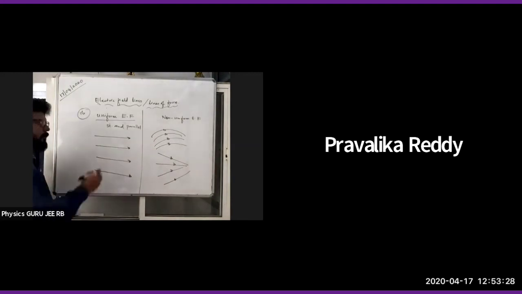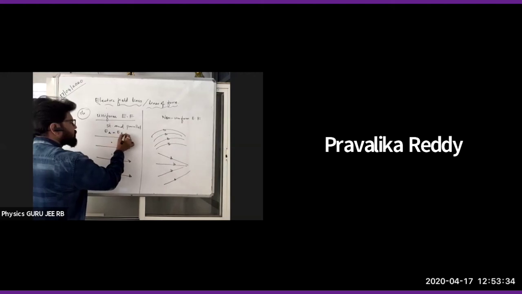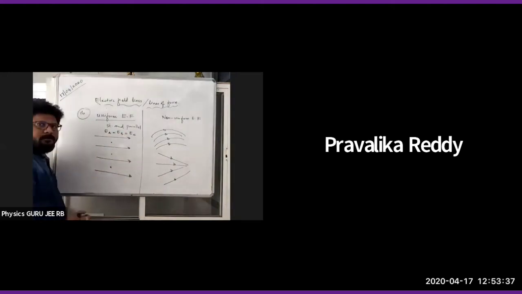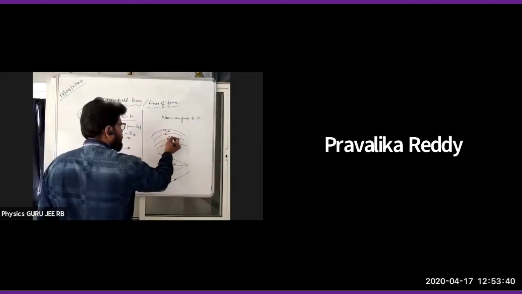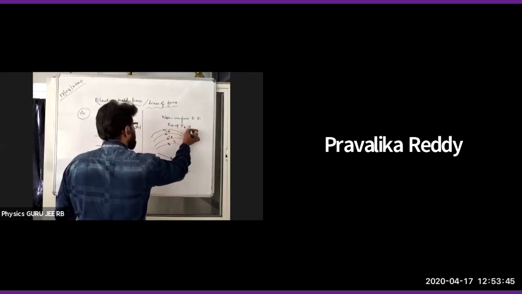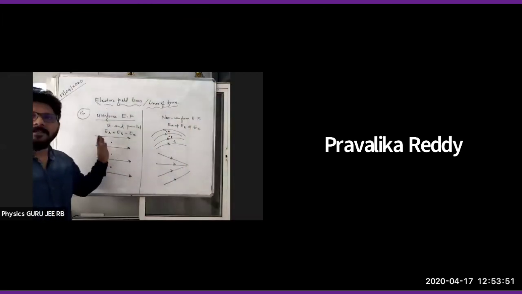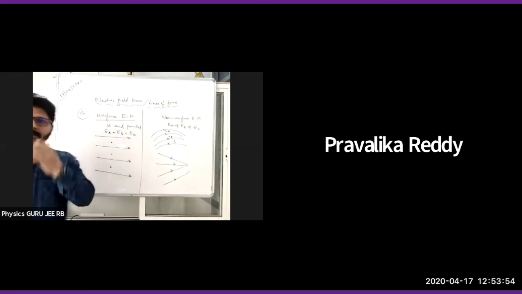If I take all the points here, 1, 2, 3, the electric field intensity at A is equal to B is equal to C. Based on this also, we will get some problems. If I take point A here, point B here, point C here, then E_A is not equal to E_B is not equal to E_C. That is the meaning of a non-uniform electric field. For straight and parallel lines, uniform electric field, E_A is equal to E_B is equal to E_C, right?